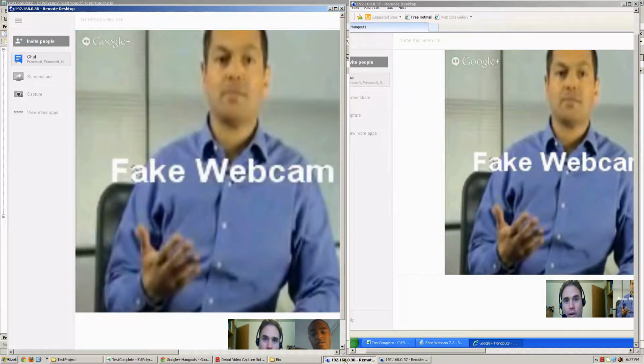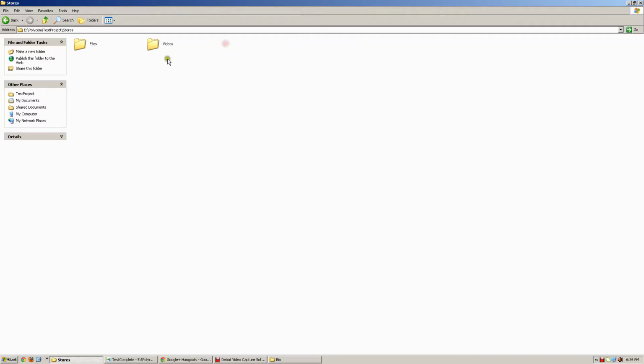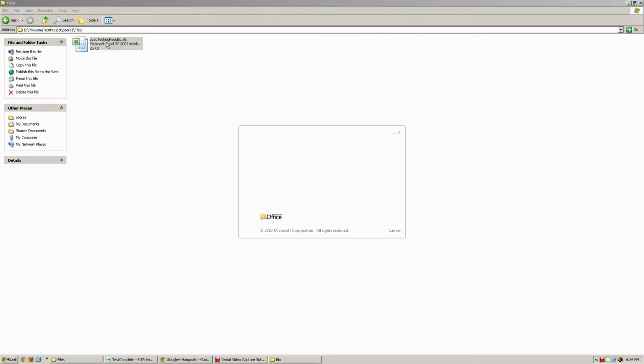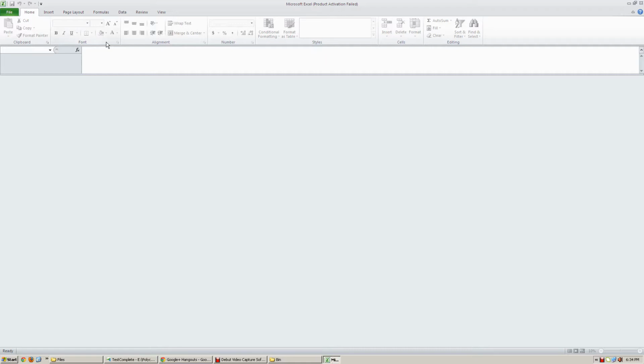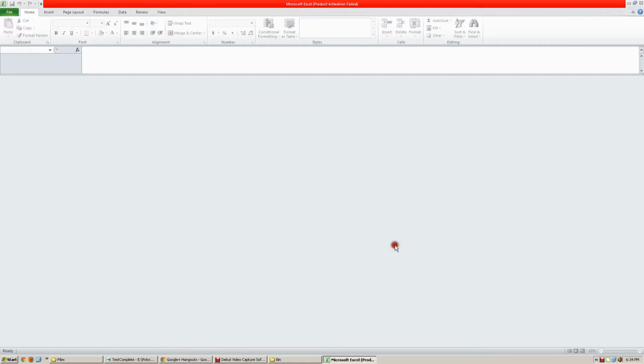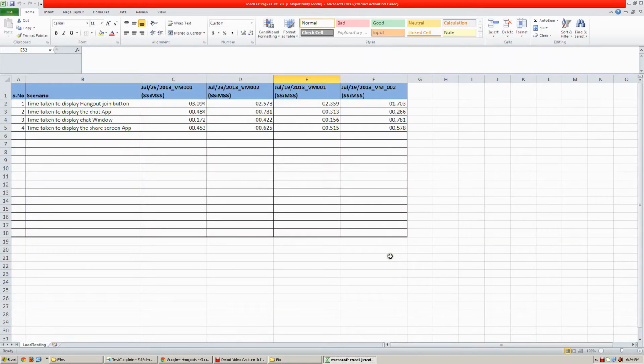Once the execution is completed, the results are automatically generated in an Excel file, and like this, we have different sets of APIs to store the results into the DB, and generate a nice report out of that. But for this demo, we are directly generating a sample Excel file, and you can see the four scenarios captured there. That's the end of the demo.